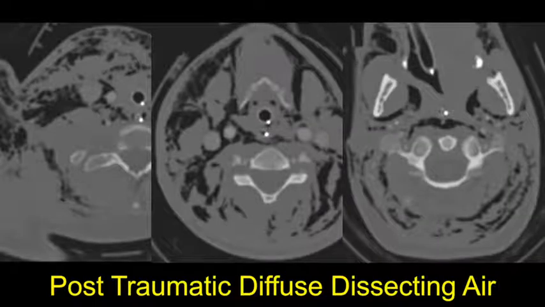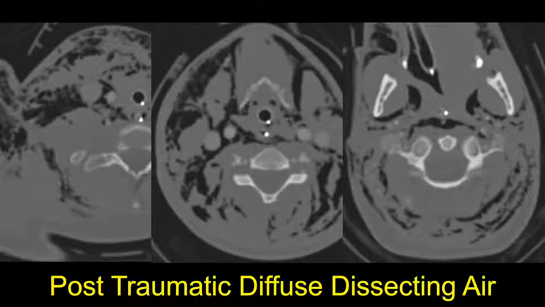And we know that there is some variability of these fascial layers. They're not complete all the time. There's often holes, and we're reminded of that here in these cases with diffuse dissecting post-traumatic air. We know that there are connections between these spaces, but they're a relatively good barrier for things like infection and disease. So we can think about the suprahyoid and the infrahyoid neck in terms of these spaces that are defined